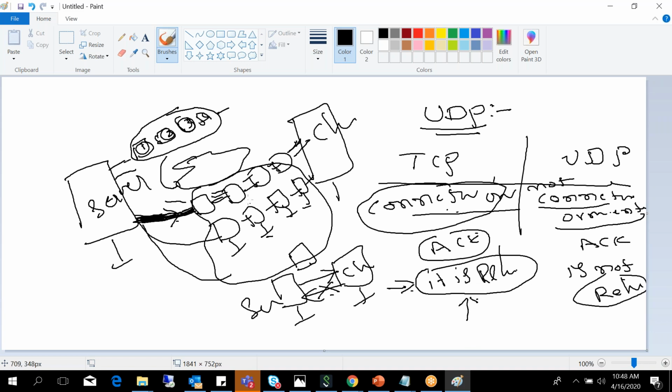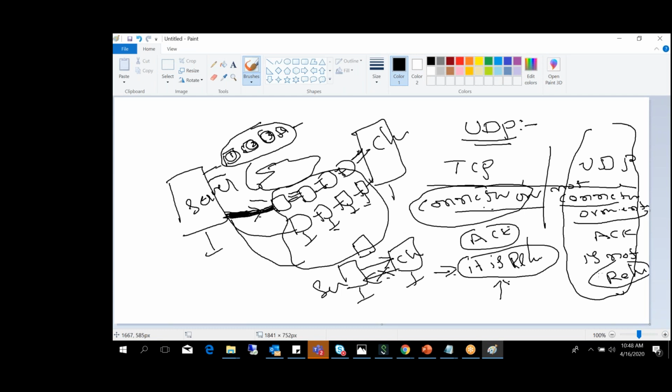Because I am using the acknowledgement, whenever I miss the data, retransmission of data is possible. That's why it is more efficient and reliable. But in UDP, when there is missing data, there is no acknowledgement, so there is no efficiency in terms of data.